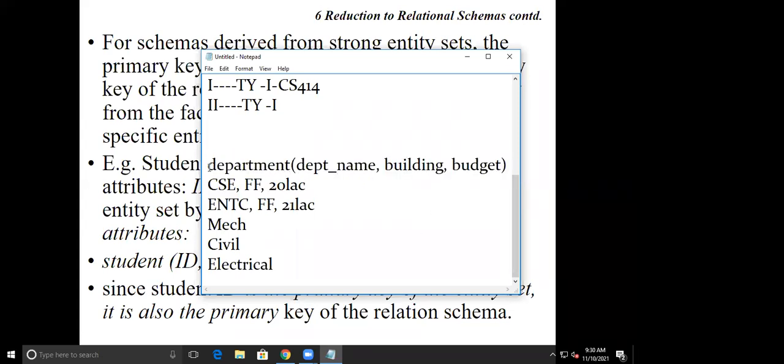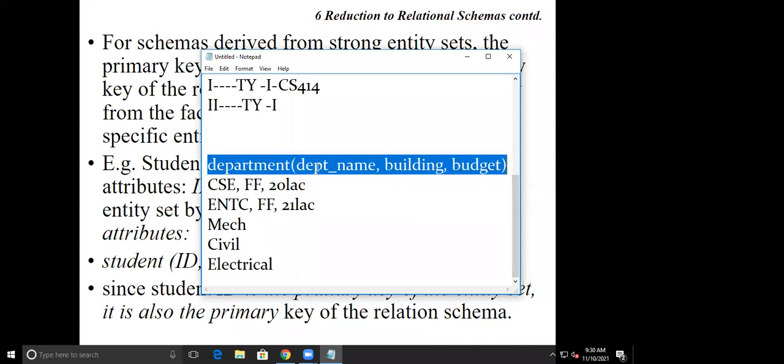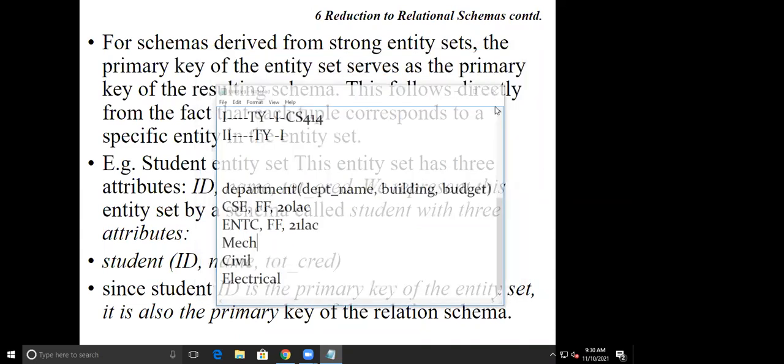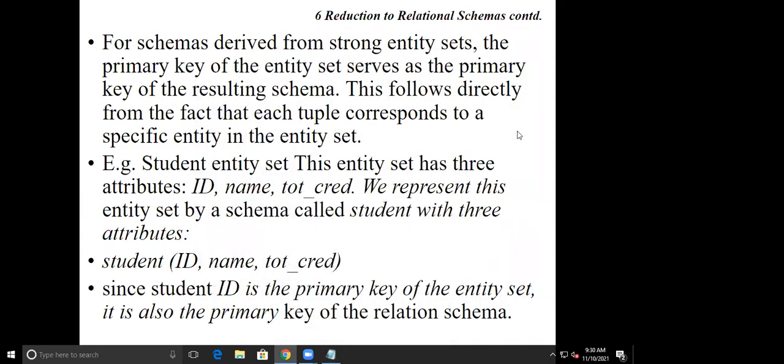Whatever schema is there, in the entity diagram department name was my primary key, so in my relation model also it should work as a primary key. This follows directly from the fact that each tuple corresponds to a specific entity in the entity set.